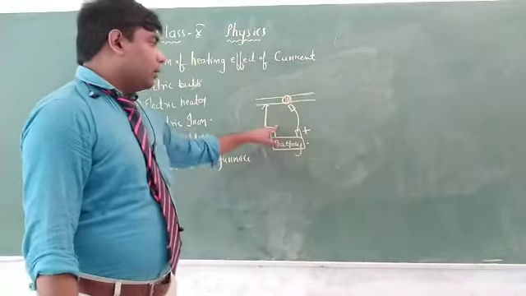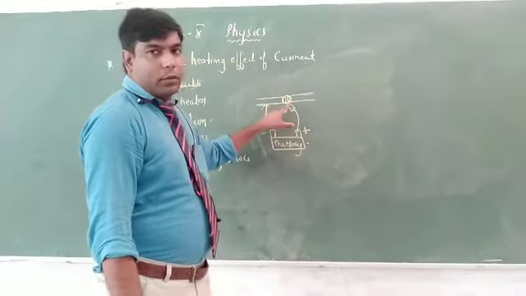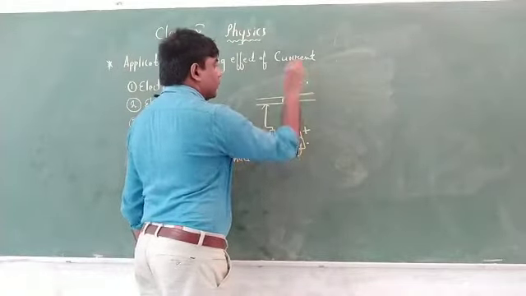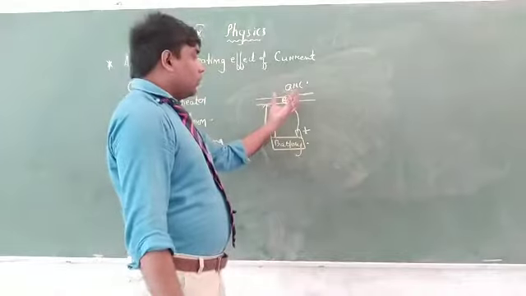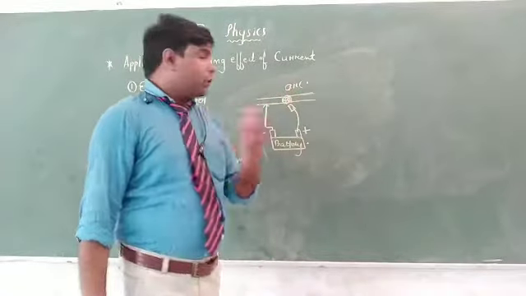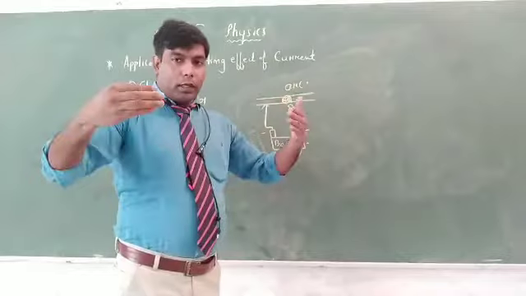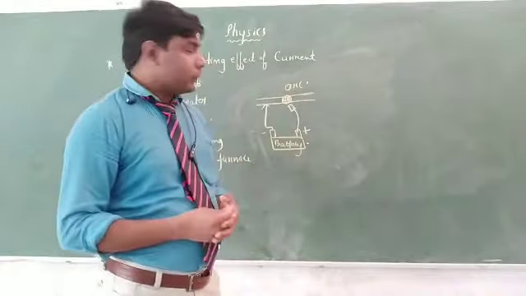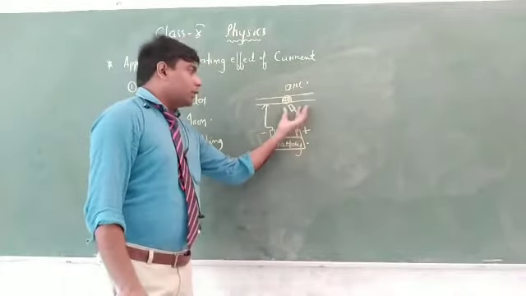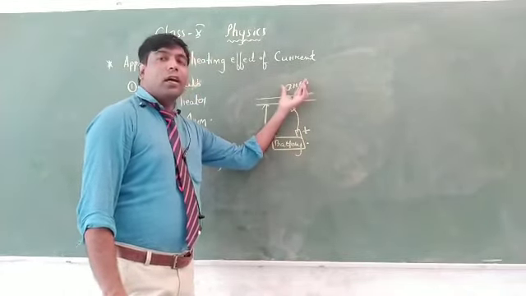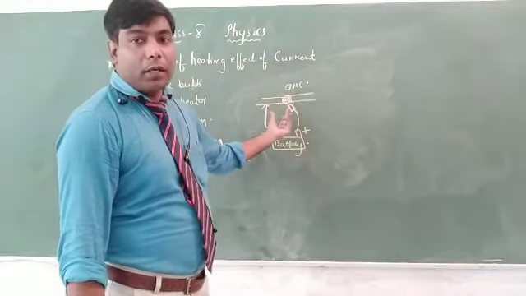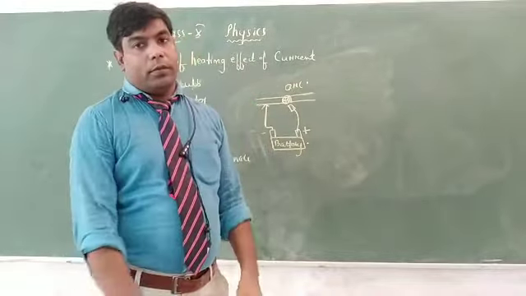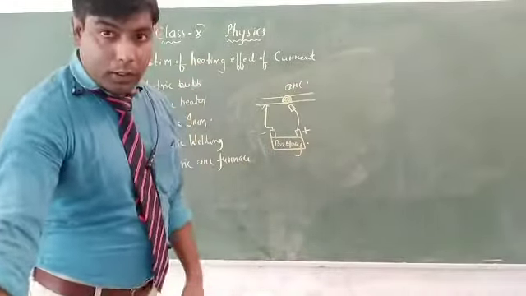Then the metal is connected to negative, and when the positive terminal is brought here, an arc will be produced, and this arc will melt the metal, and just after pressing, it will be joined. Here also what is happening is that when electricity flows, an arc is produced, and this arc produces heating effect on the metal, and the metal will melt and get joined together. So here also we are using the heating effect of current, right?